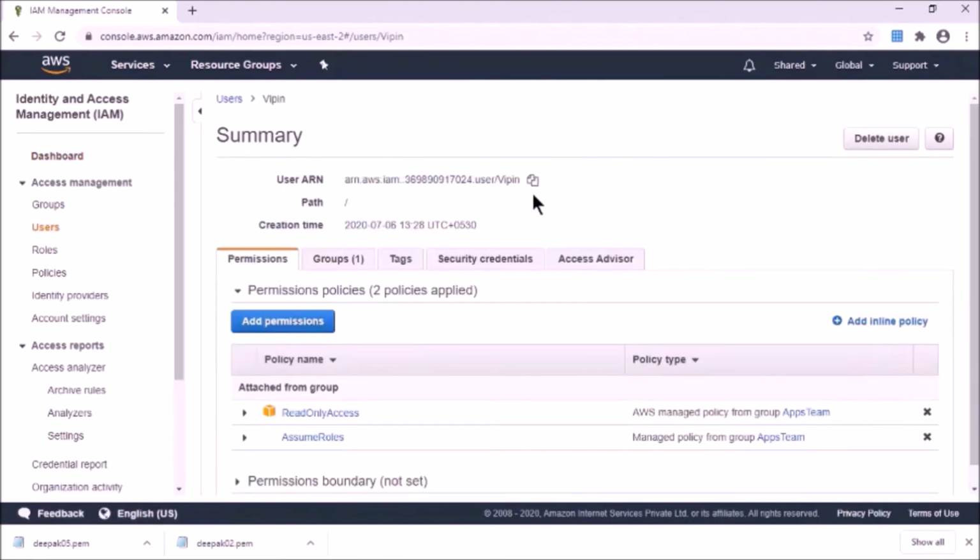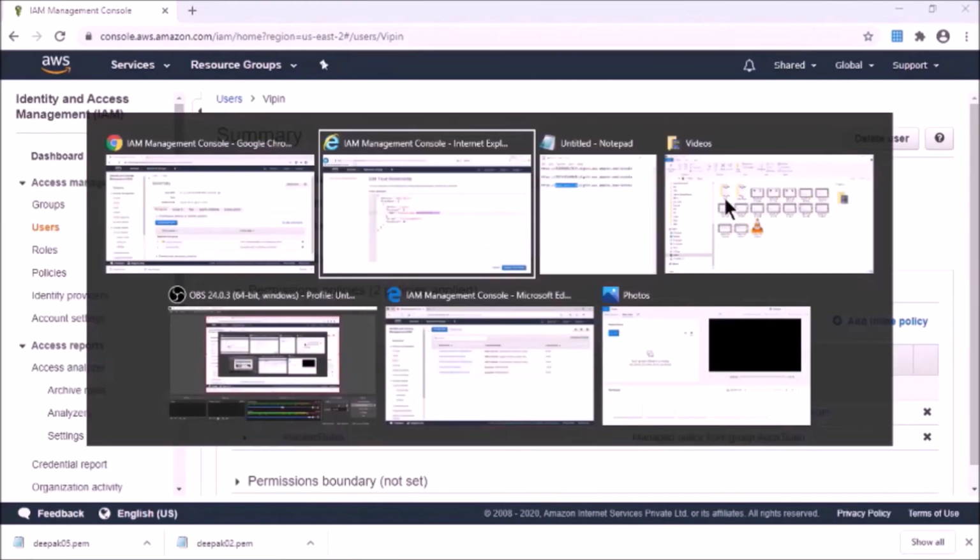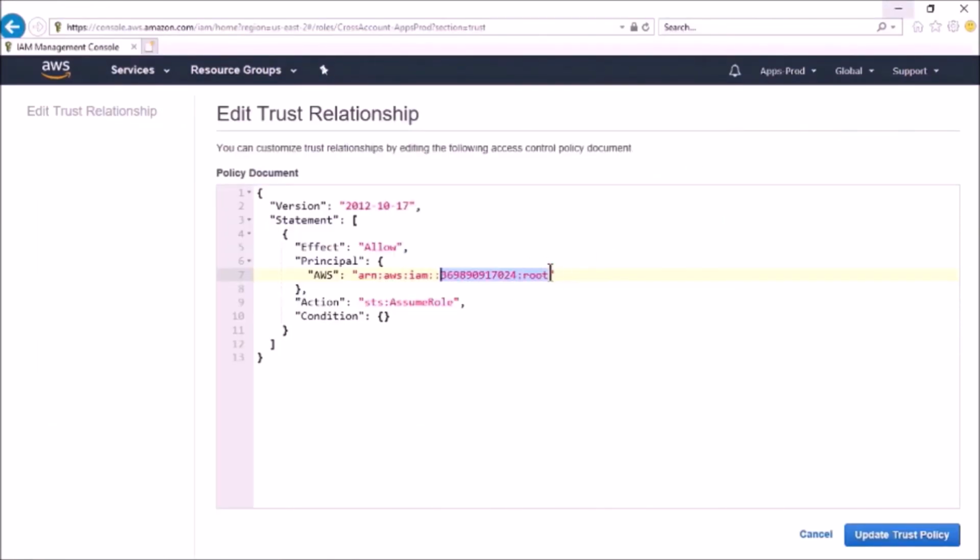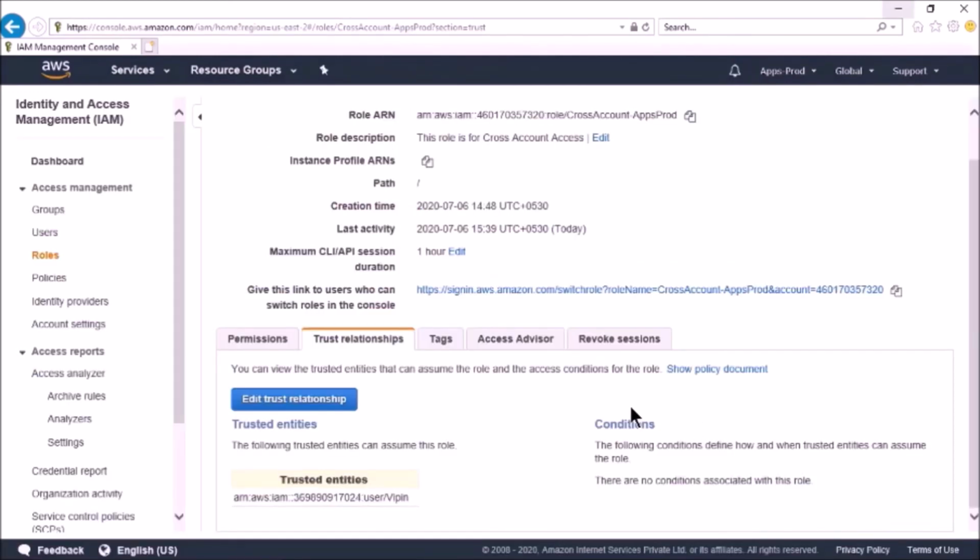Here you can see the ARN for Vipin. I will copy this ARN. I will go back to the Apps Prod account and I will replace the ARN with Vipin's and update the trust policy. Now I have restricted the access for the AWS Prod account only for the user Vipin.